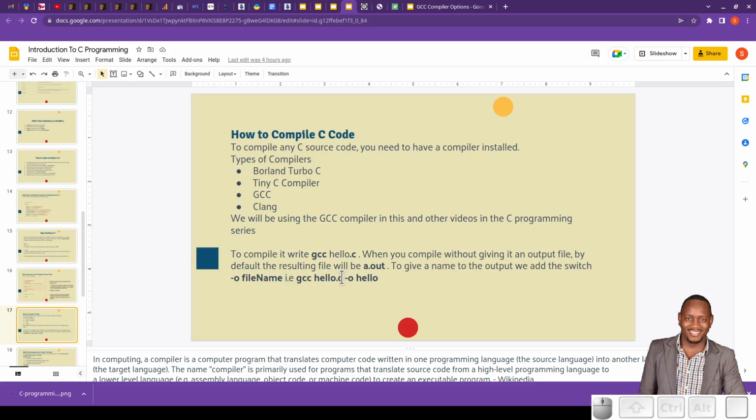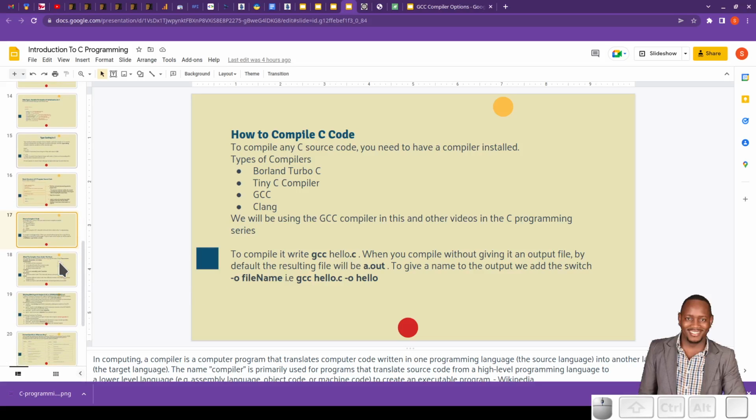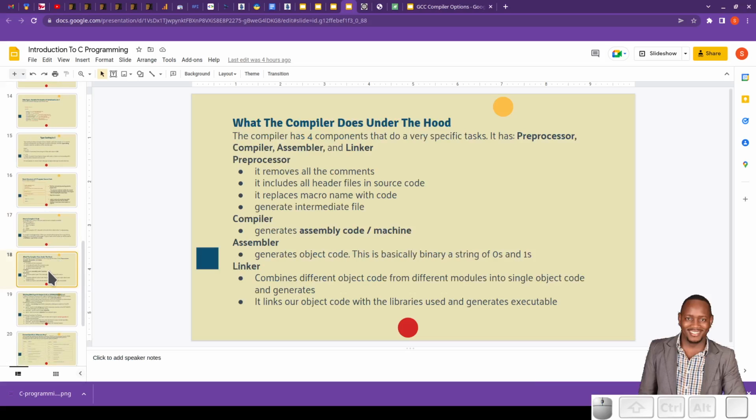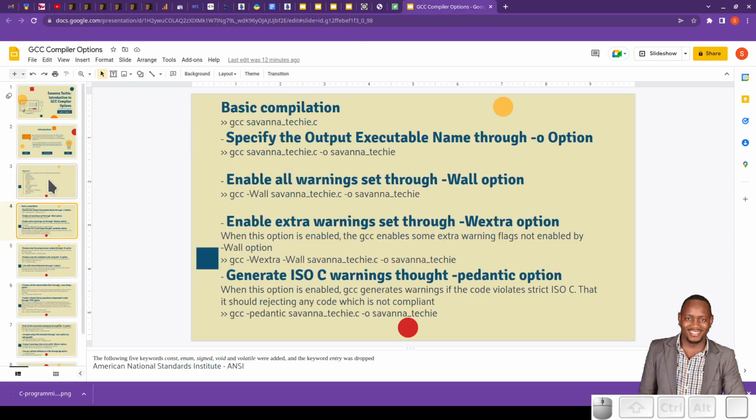Now, apart from that, we also looked at what the compiler does under the hood, and we looked at the 4 components that do specific tasks. We looked at the preprocessor, compiler, assembler, and linker. Now, when it comes to GCC